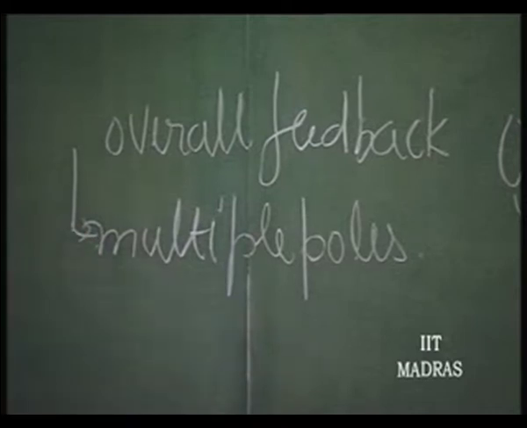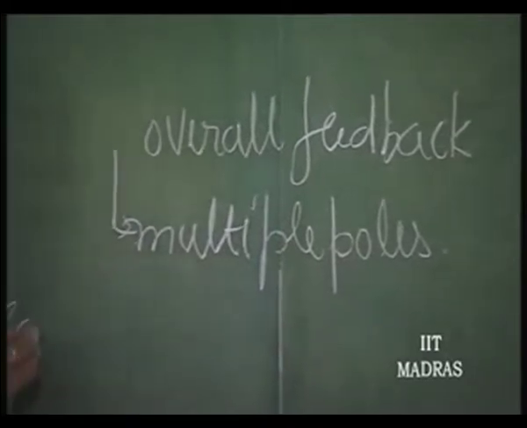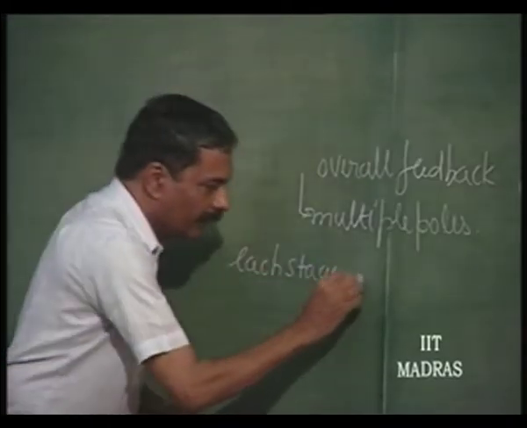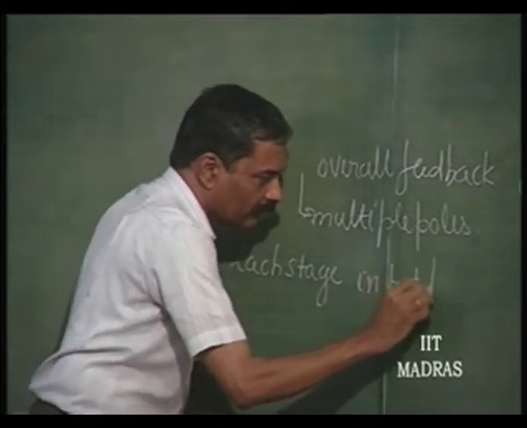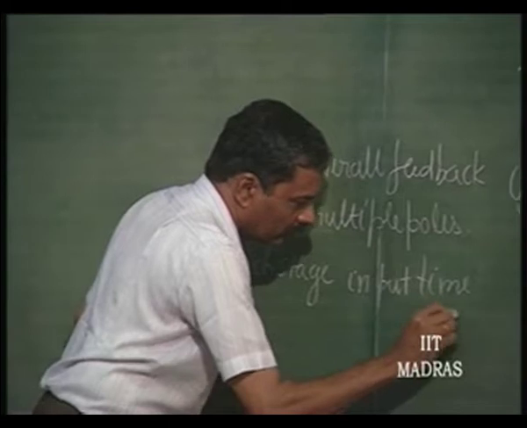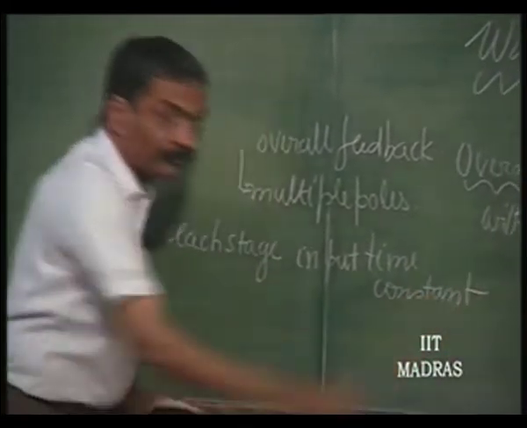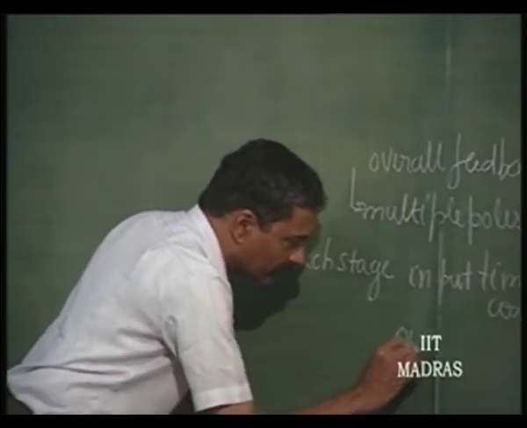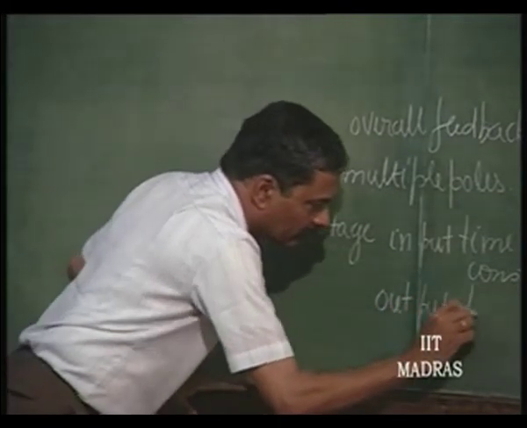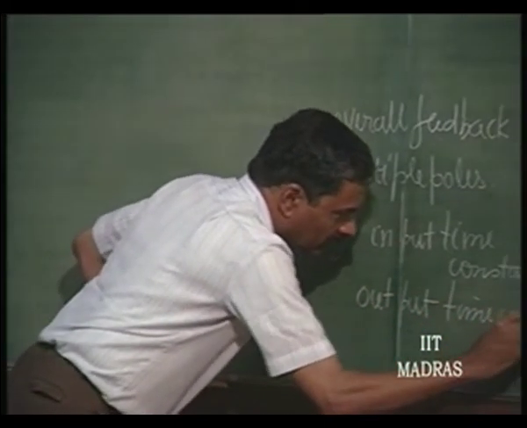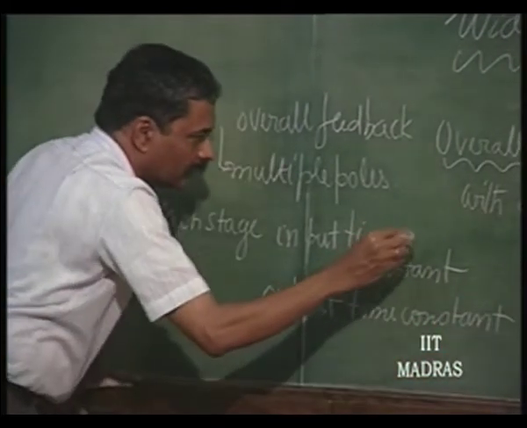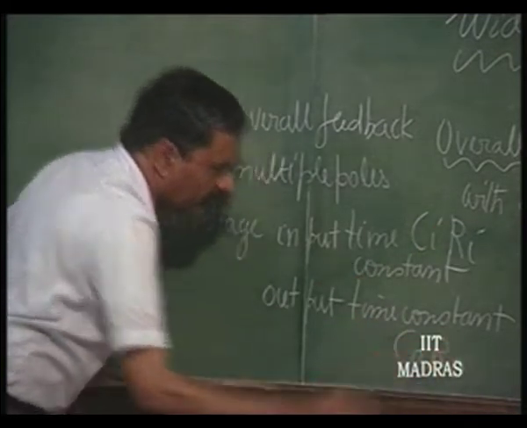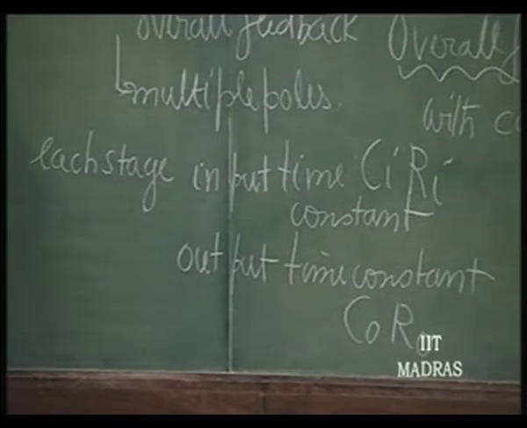For example, each stage will have an input time constant, that is input capacitor into input resistor, and an output time constant. This is input capacitance into input resistance, output capacitance into output resistance. So, both of which will introduce a pole each,